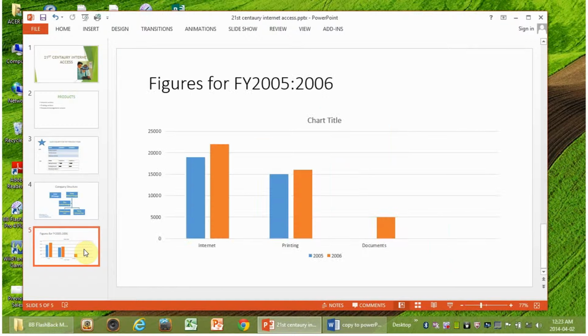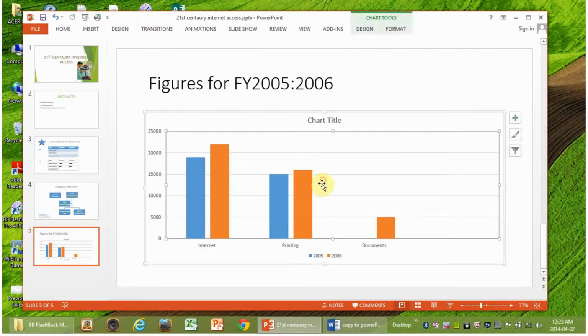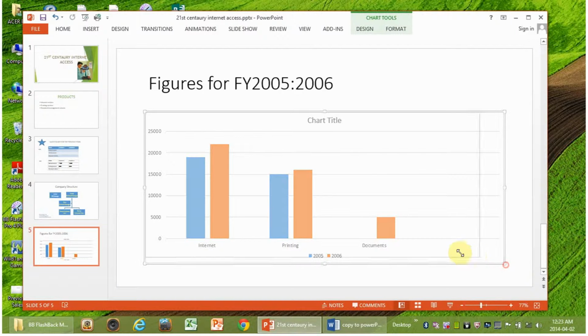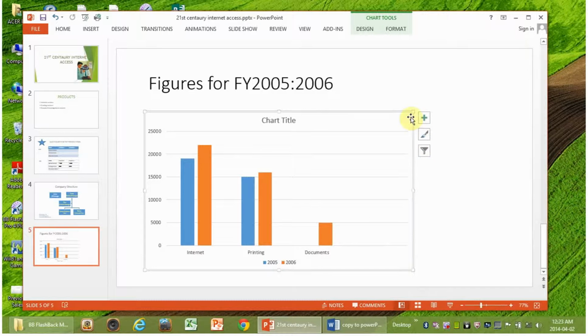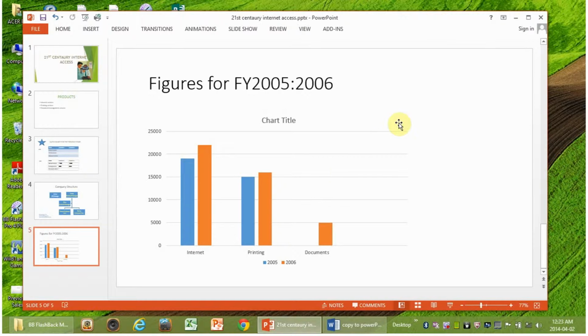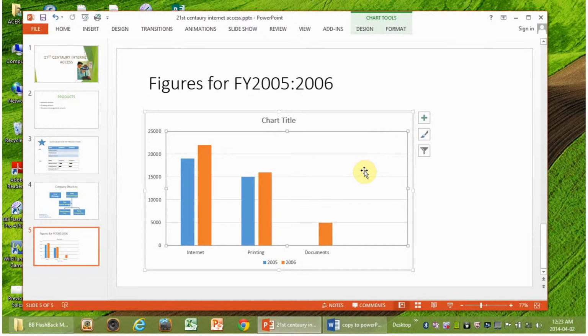We'll see that now we've got the chart as part of our presentation. We can again resize the chart, and later on we will see how we can work with the charts